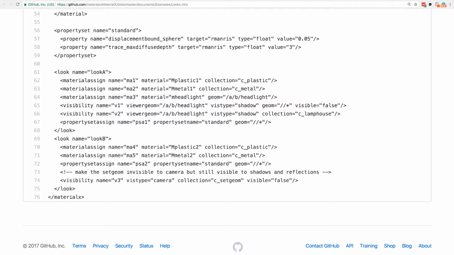And then you can even do a material assignment to a headlight, where instead of providing a direct collection, which allows you to assign to a group of objects, you're going to assign this to a very specific piece of geometry by just using the geometry tag, right? And then you have another one down here. You have some visibility tags that basically allow you to tell the renderer, hey, this geometry, A/B/headlight, we probably want it not visible to shadows.